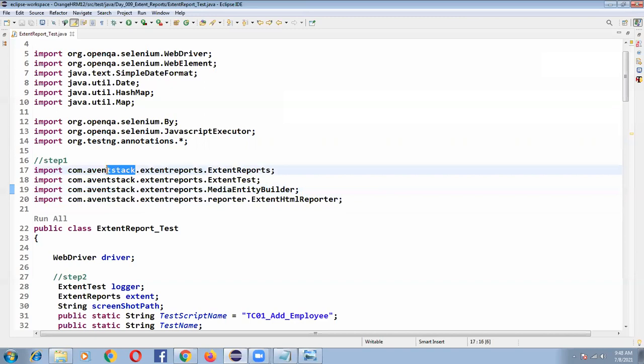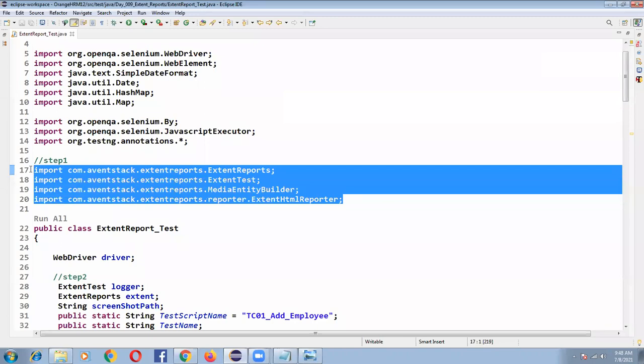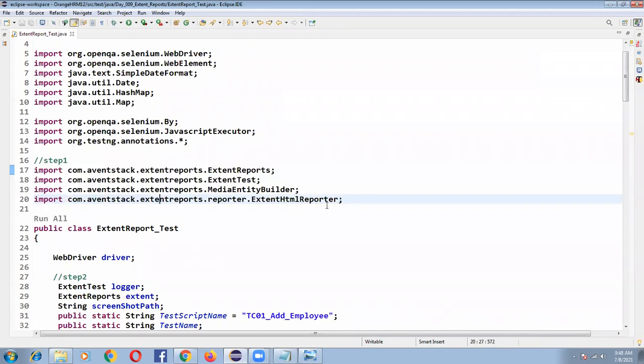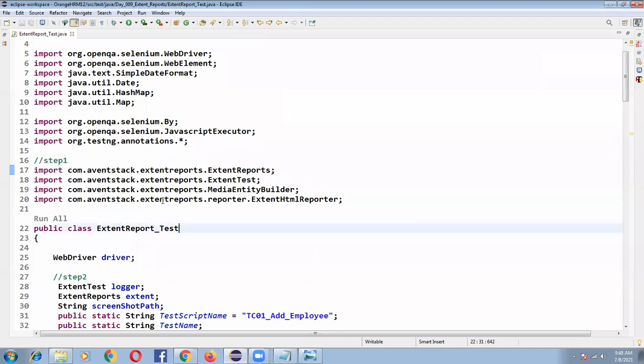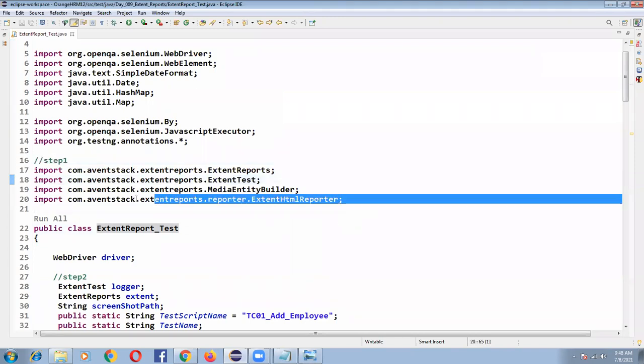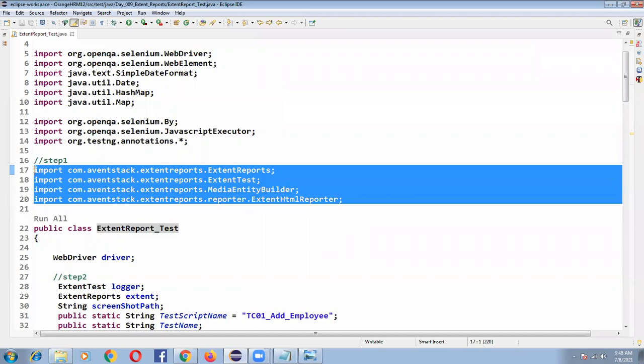These are supporting class files developed by a third party team, the ExtentReports team. They have developed some custom reports, and the look and feel will be very different, which we will see once the report screenshots are shown. To generate extent reports, we have to import these class files as per their guidelines and documentation. So this is step one.